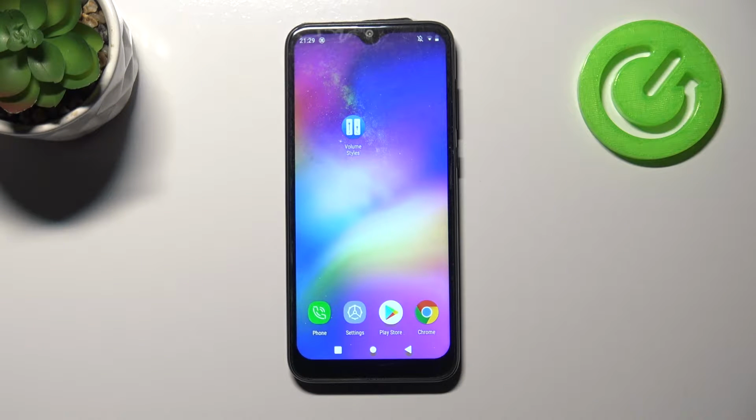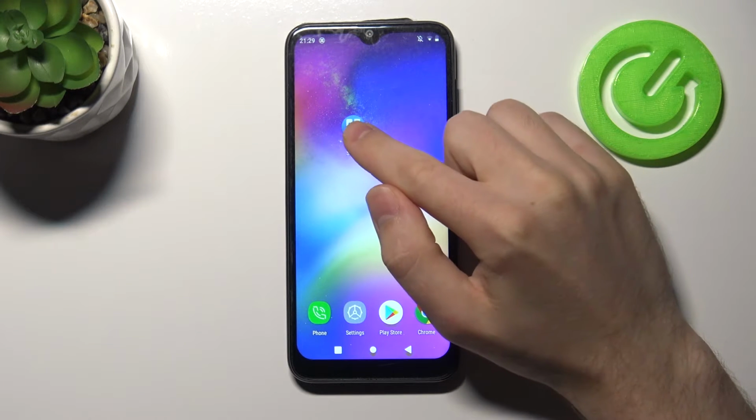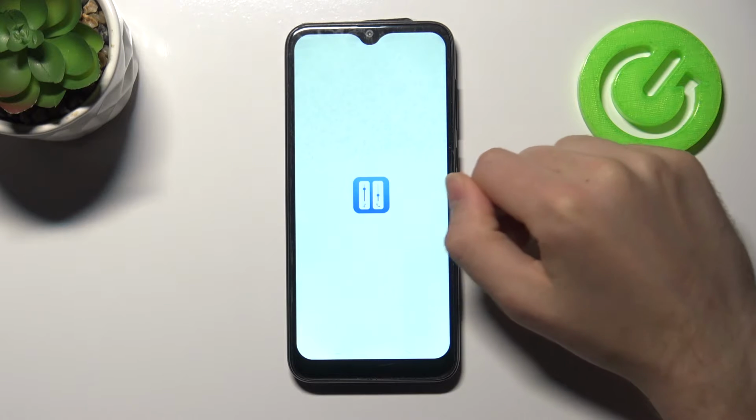Welcome! Today I'm showing you how to customize your volume panel on your Oukitel C15 Pro. First of all, in Play Store you need to download and install Volume Styles application. Then go into this application